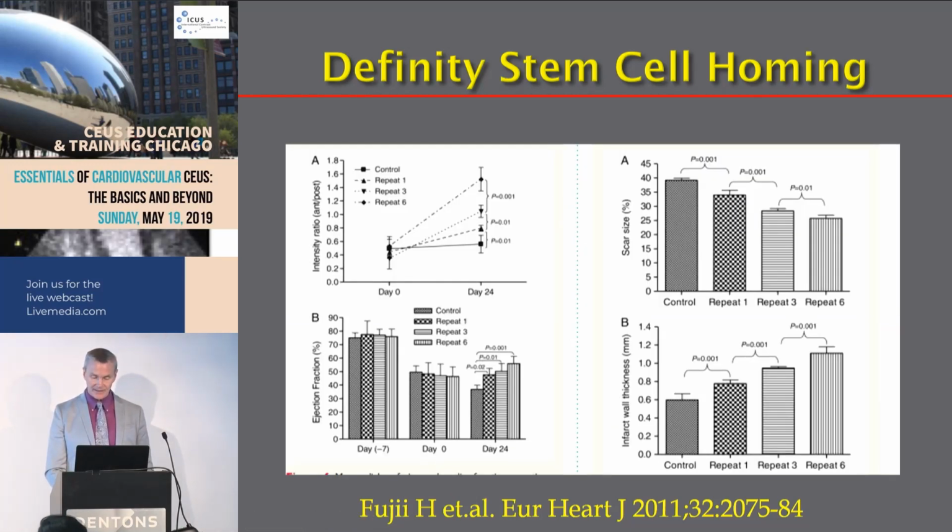You can see here that over the scar size, if they repeated it 6 times over a 28-day period, the scar size was reduced from about 40% of the ventricle down to about 25% of the ventricle. The infarct wall thickness, the walls did not thin when they co-administered this agent. And the ejection fraction went from about 38%, you can see here in the control group, to about 50% in